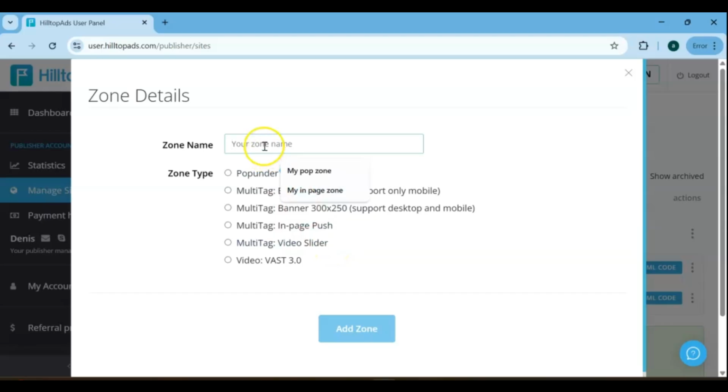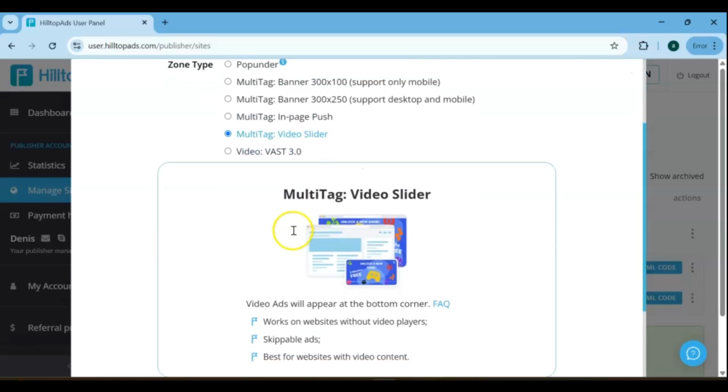Hilltop Ads offers a variety of ad formats to choose from. In this video, we'll be focusing on the video slider ad, which is one of the most effective options for maximizing revenue. To begin, give your zone a clear name. This helps you stay organized as you manage multiple placements. While you can set up any of the available ad types on your site, for now, let's go ahead and